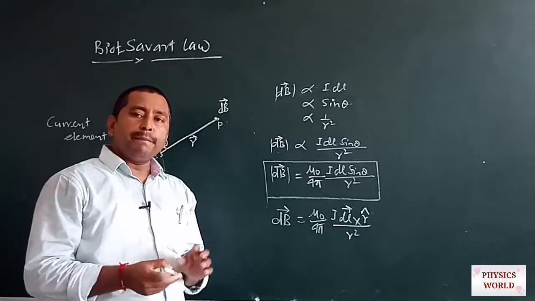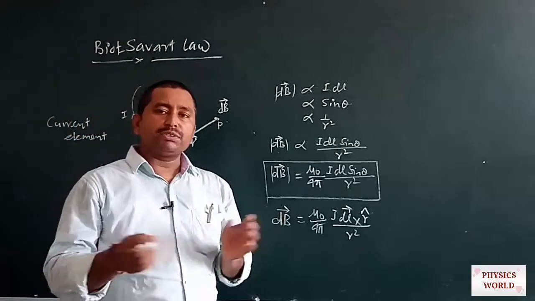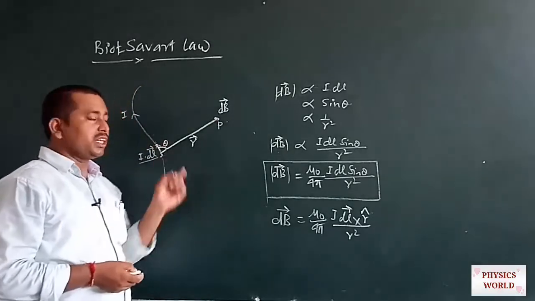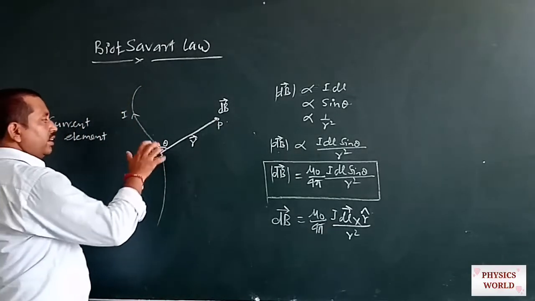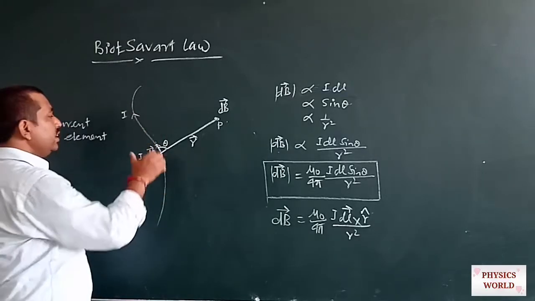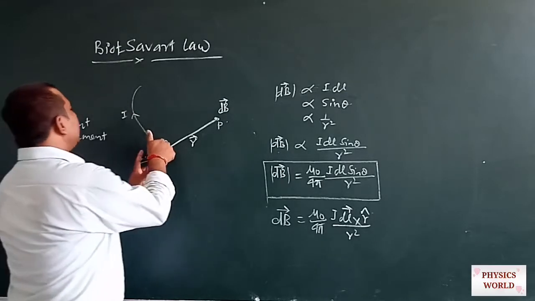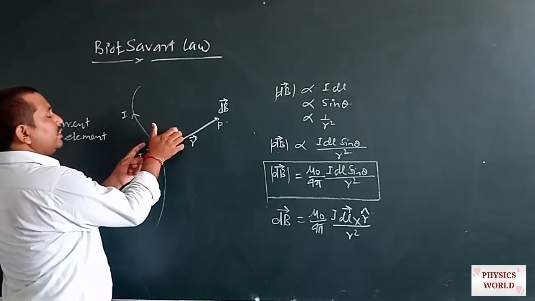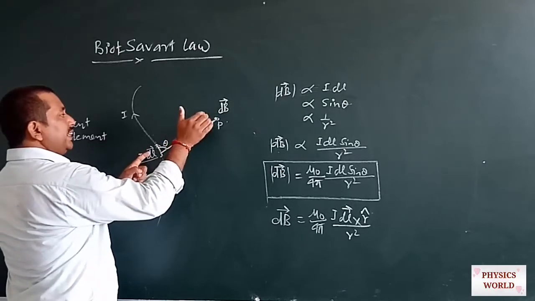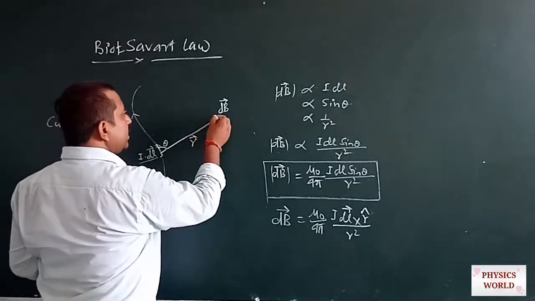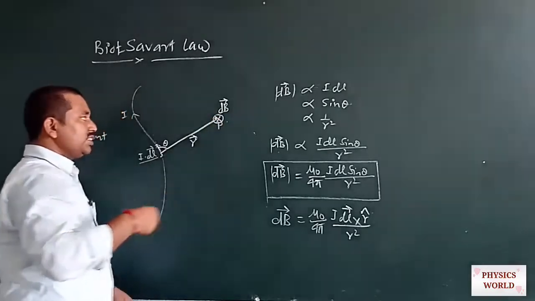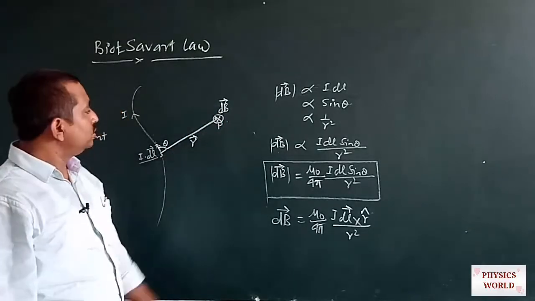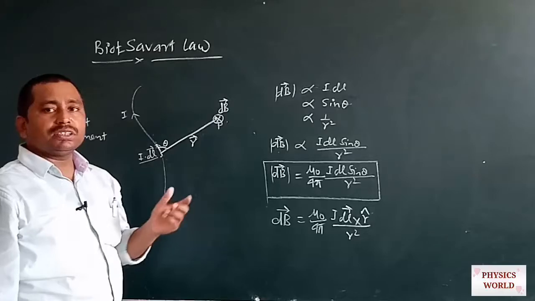Applying Ampere's swimming rule or Maxwell's right hand thumb rule, we easily get the direction of the magnetic field at this point due to this current element. If we hold this wire in our right hand, with the direction of the current flowing through the wire upward, then the curling of the fingers at this point indicates the direction of the magnetic field. So at this point the direction of the magnetic field is entering the plane of the board, inward. This can be indicated by a cross symbol.